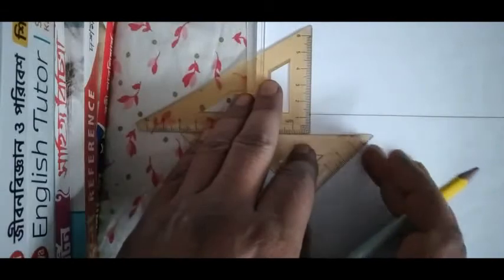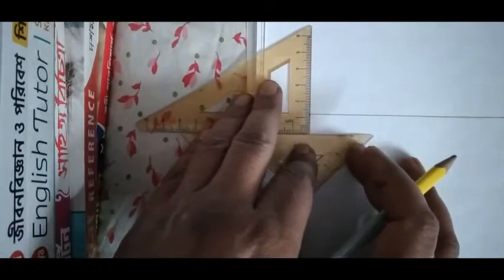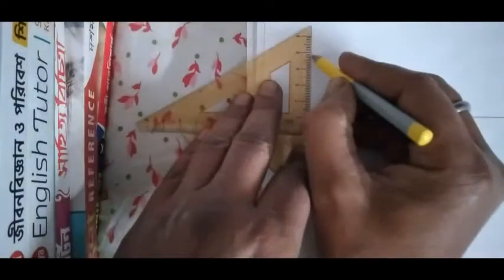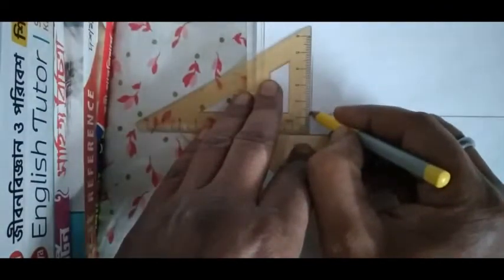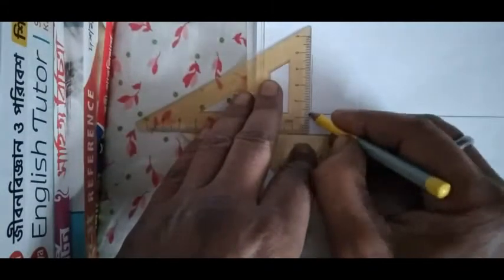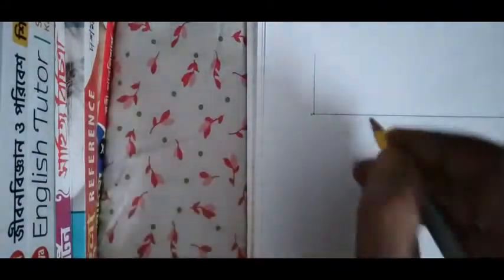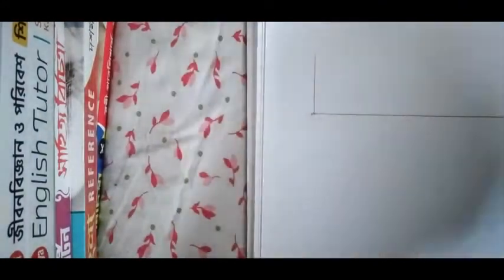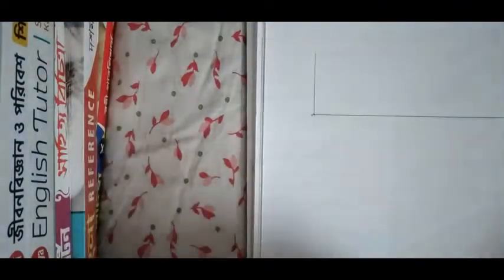Perpendicular line this way. Suppose we draw a perpendicular line from here to here. And as I've already told you, the question number 2, that is